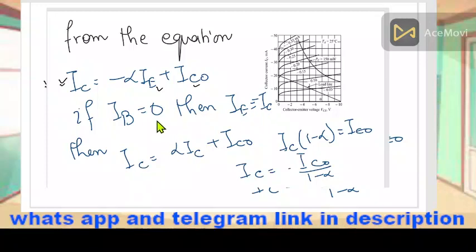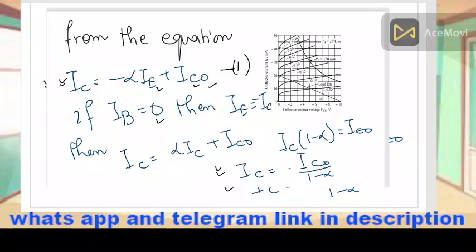Then you can use this condition in the equation number 1, let me number it. IE is equal to minus IC, and what you observe is that IC is now given by ICO by 1 minus alpha. This is a very important relation and it will take us to many important conclusions. This equation is basically expressing the collector current in terms of alpha, the current amplification factor, and the leakage current.